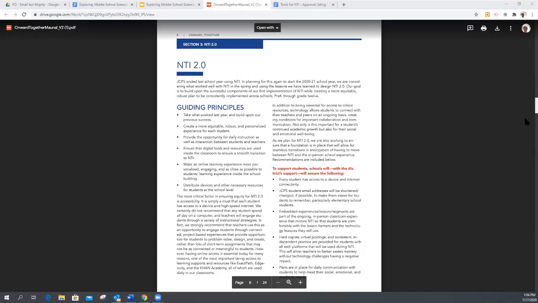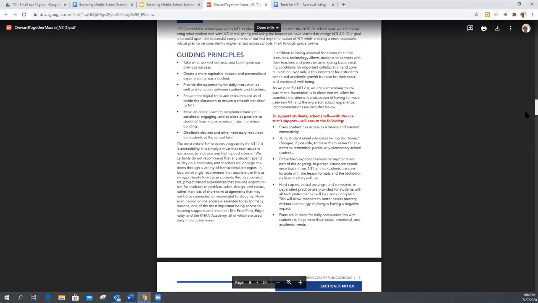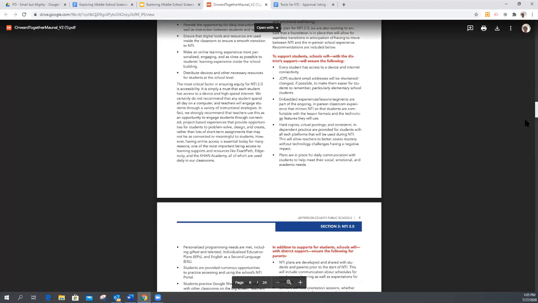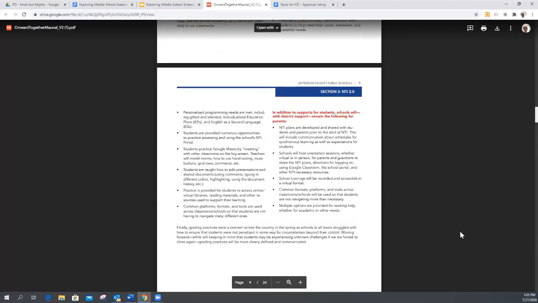So you can see they're trying to give every kid a device, internet access. They're doing something with email addresses. You see this hard copy piece, daily communication. And I'm pausing for just a second for you to be able to see this.